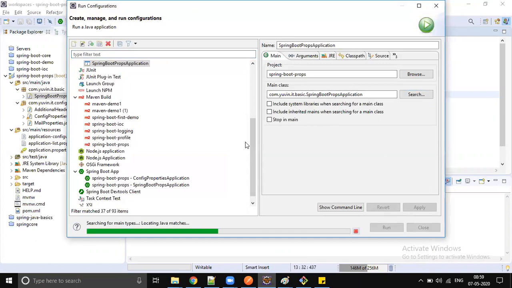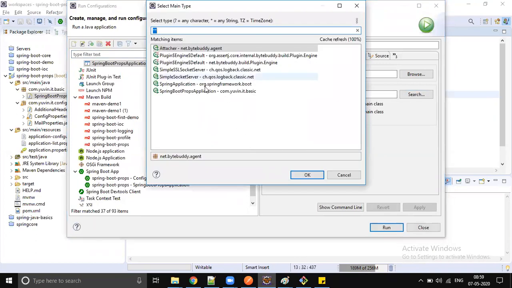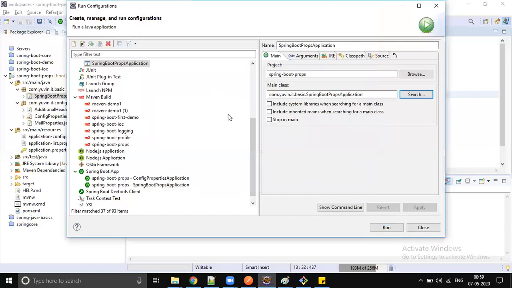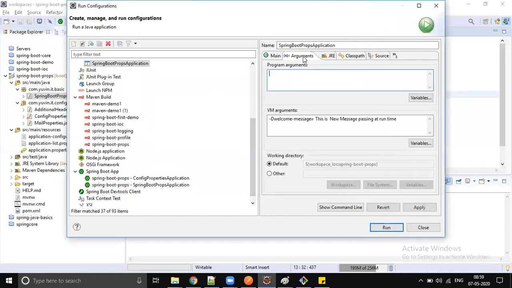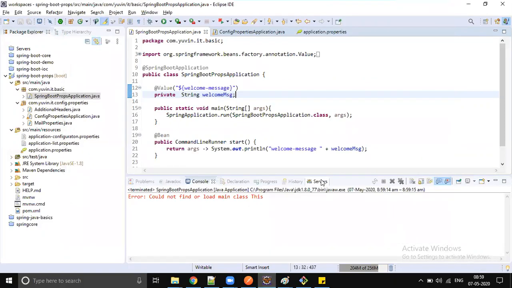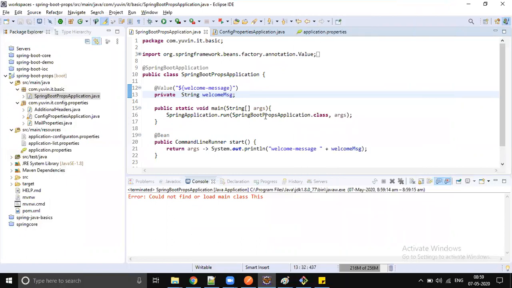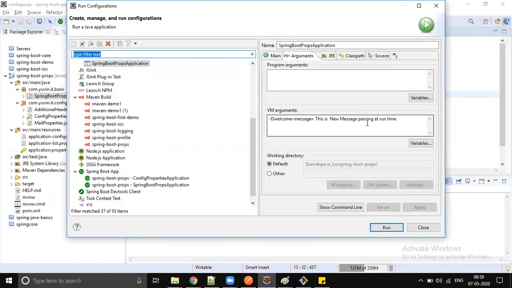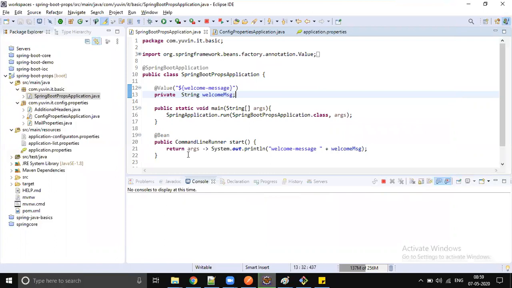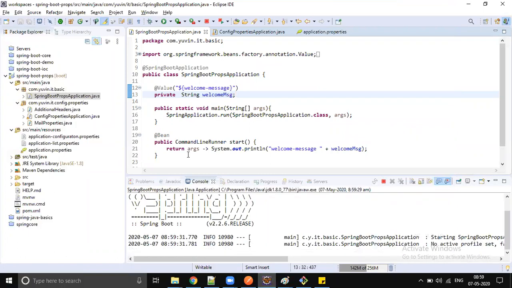Search by yourself. I want to run this. In arguments, we're going to pass these arguments. Run. Let's run with local arguments. It's good.